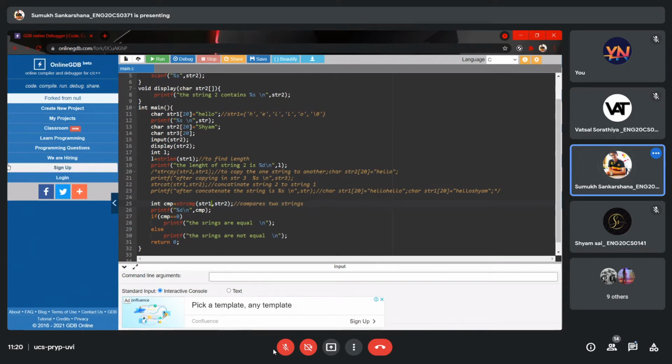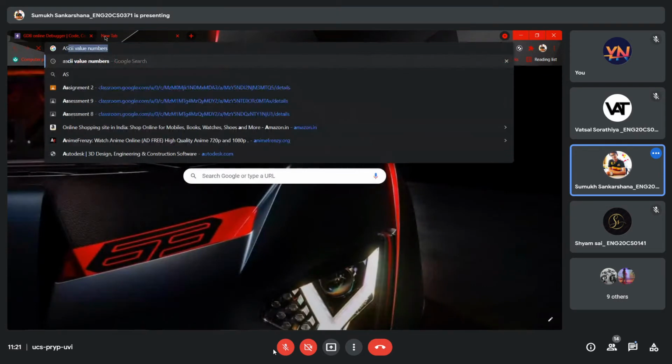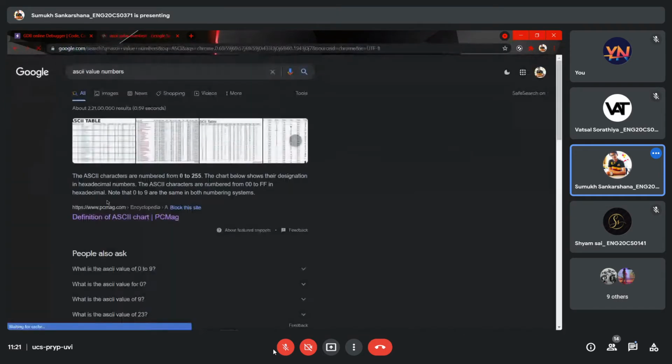So when we are doing it, what compare does is it compares two strings. Now by seeing, hello and Sham are not equal, right? So what this does is it checks each and every term, like for now, it's H and S. It checks each character, and depending on the ASCII values, you know the ASCII table, right?